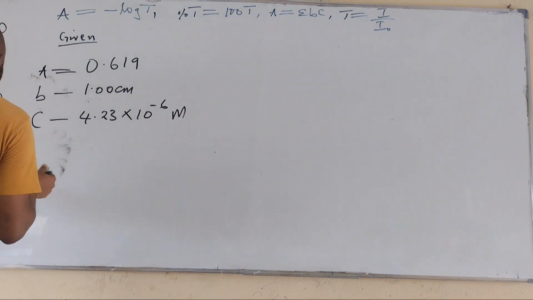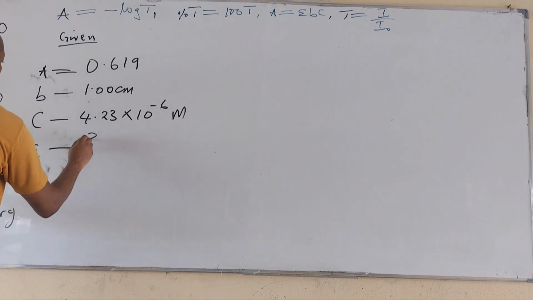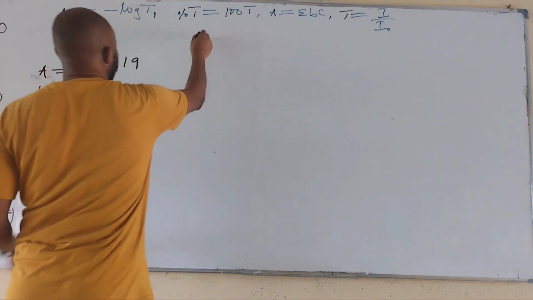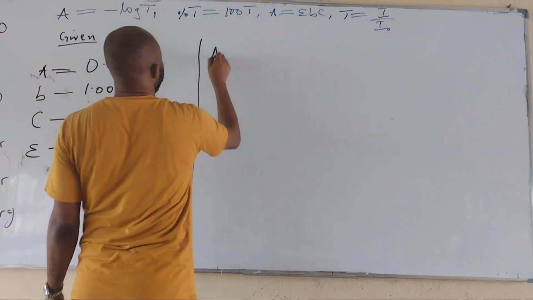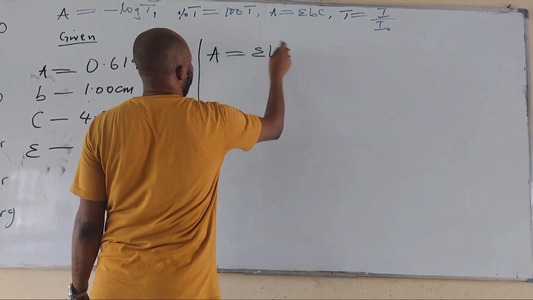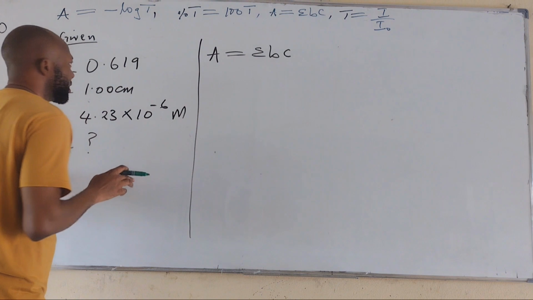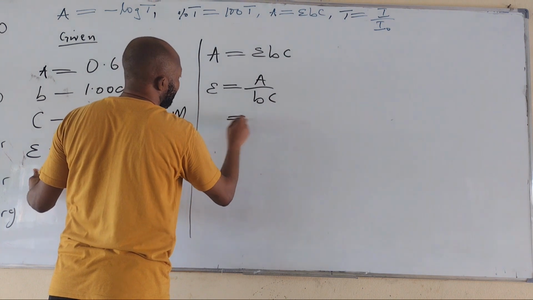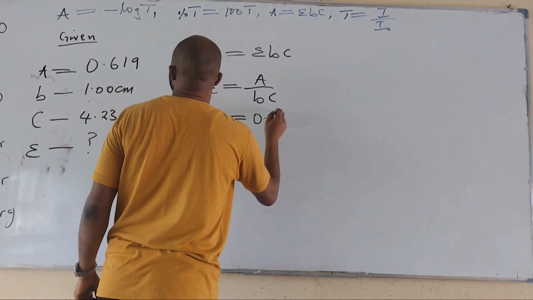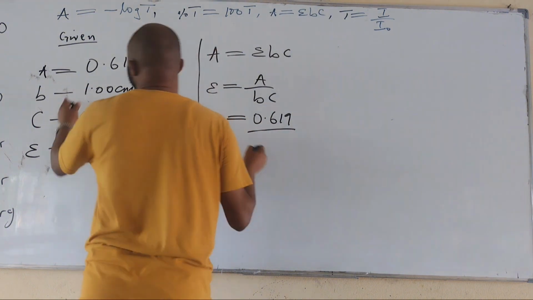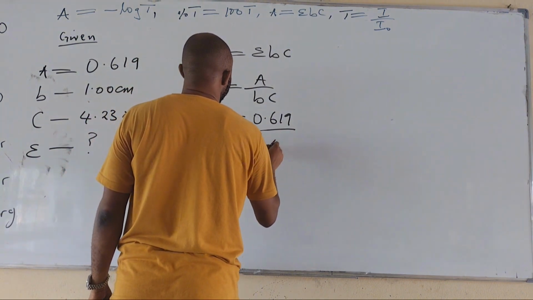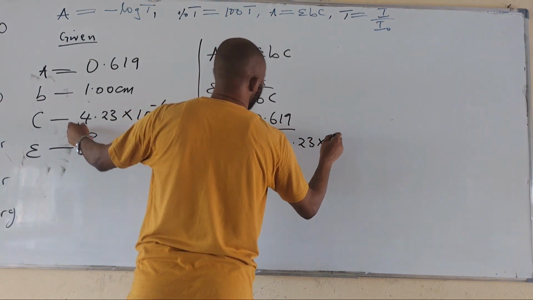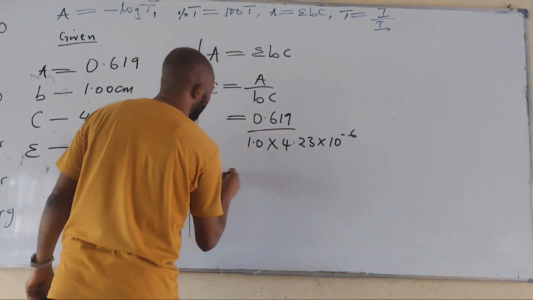Let's say, what is the molar absorptivity? This is what we've done. So we just apply our formula, correct? We say A is equal to epsilon B C. We're looking for this, so I make it the subject. This becomes A over BC. And this is equal to my A, 0.619, over my path length, 1.0, times my concentration, 4.23 times 10 raised to the power minus 6. And this is equal to,